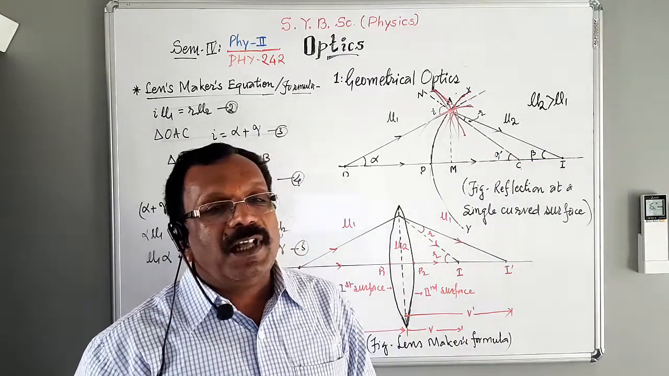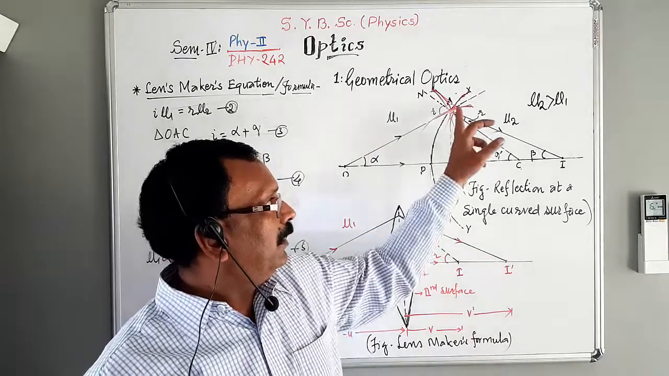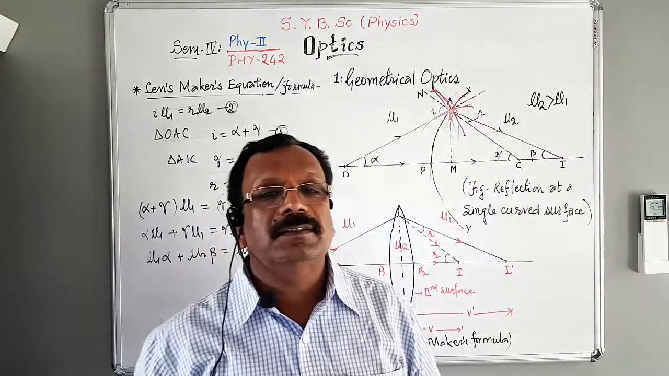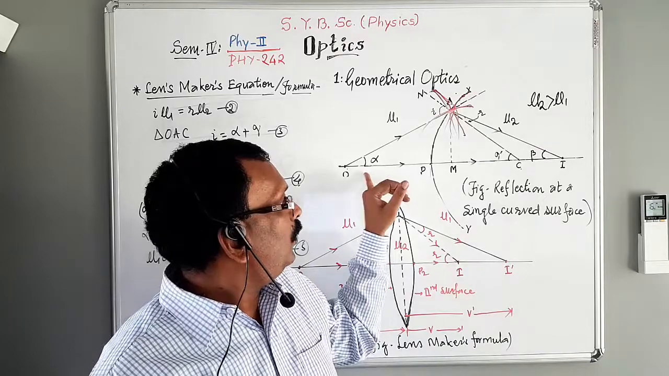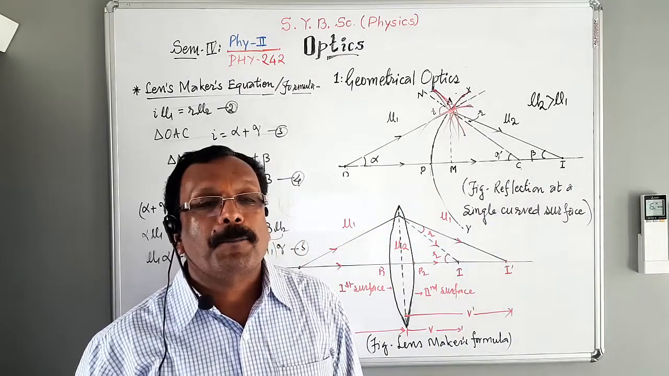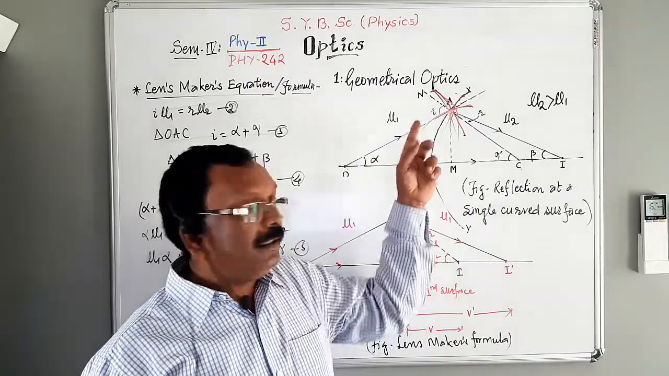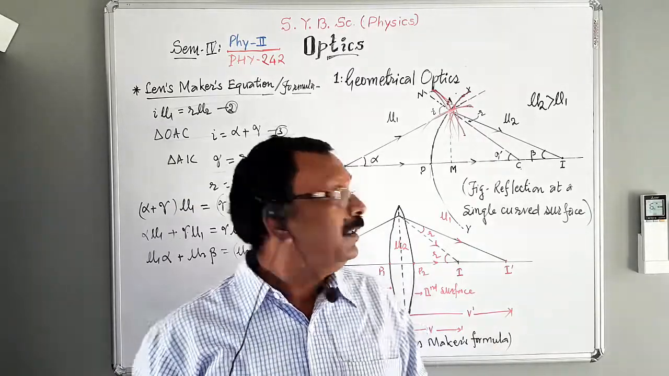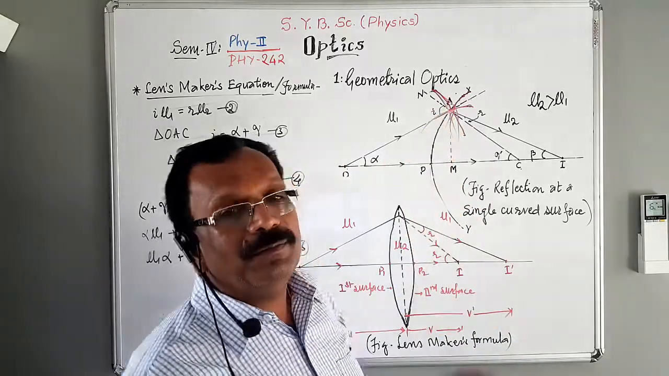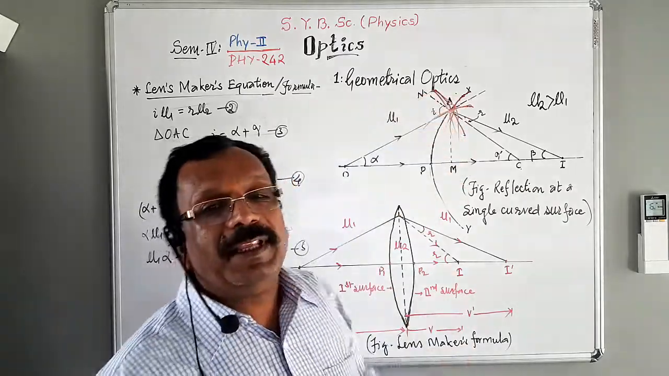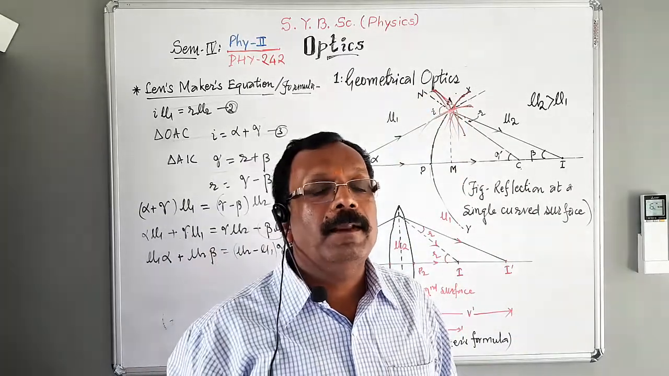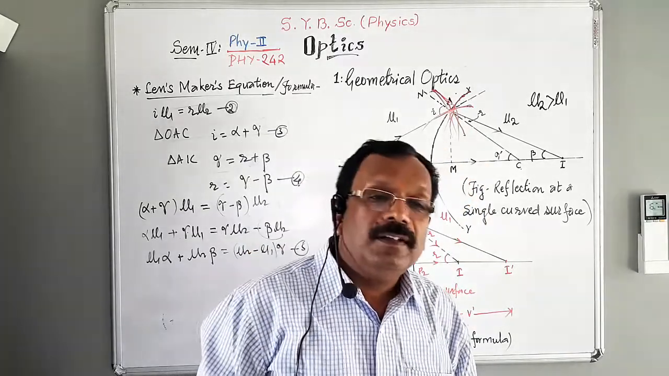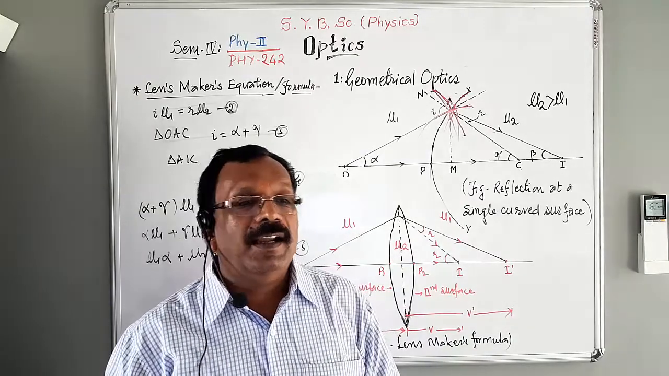When we draw the different arcs with radii OA, AC and AI, having centers O, C and I respectively, then arcs OA, AC and AI are nearly equal to AM. This is because point A is very close to the principal axis, and thus we can write,